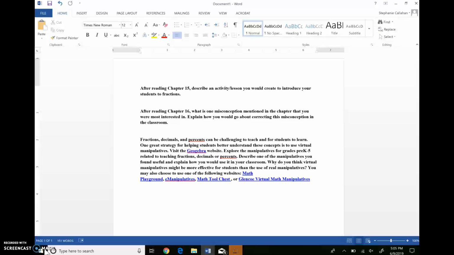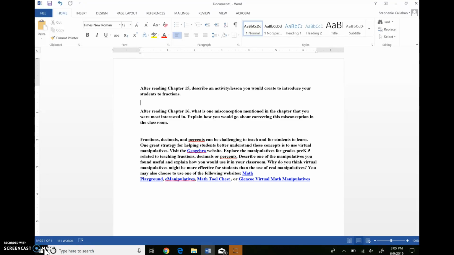So I would talk to them about, I have a whole cookie and I want to share it with a friend. If I have just one whole cookie, can I share it? And see what the kids come up with. They'll more than likely say, yeah, you can cut it in half. So then we'll talk about, if I divide it in half, I can share it with a friend, and then